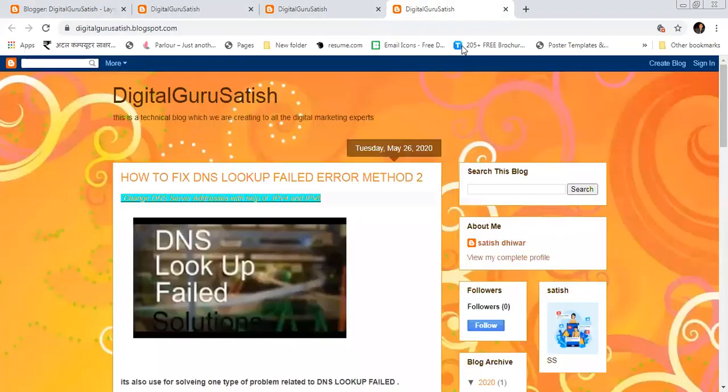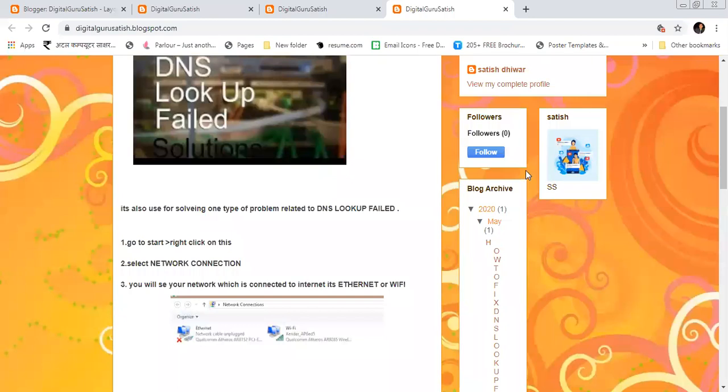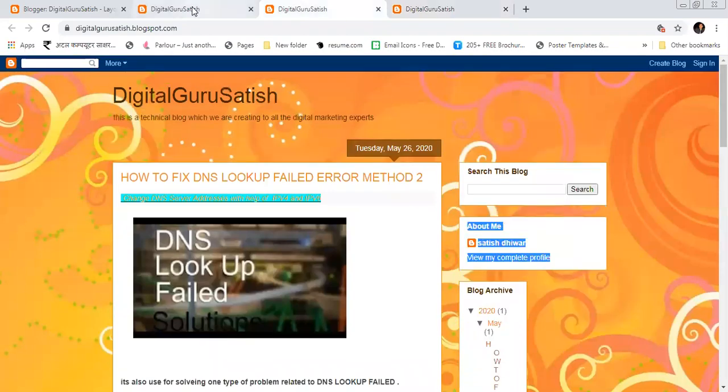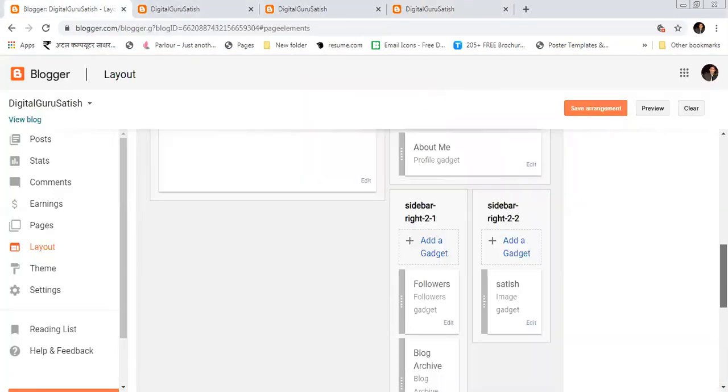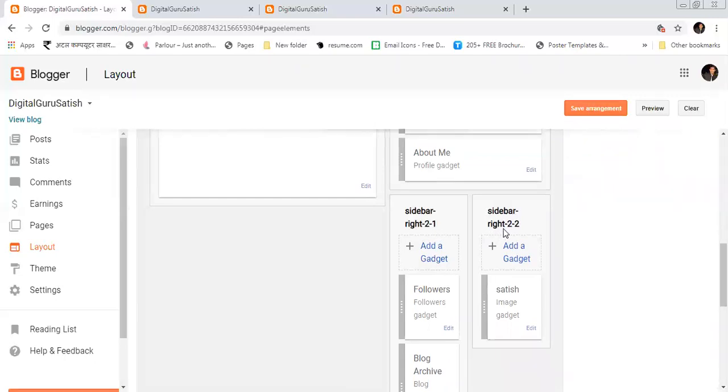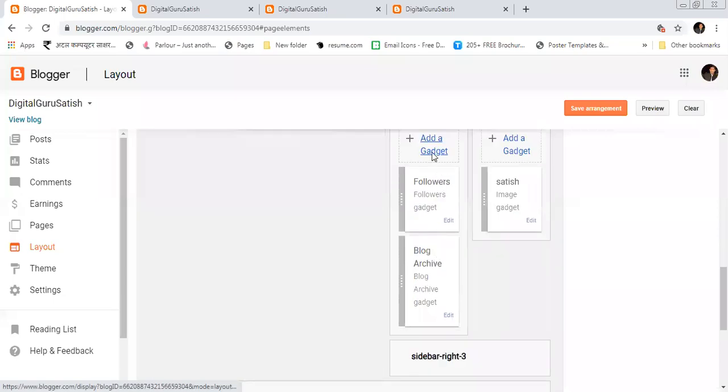We can see it here. I want to tell you only one thing. Whenever you add something in your sidebar section, it will be added like this. First is your main post page. Inside of that, the sidebar section is available. There you can add your gadgets, and in sidebar 2-1 and sidebar 2-2 you can also add some gadgets.